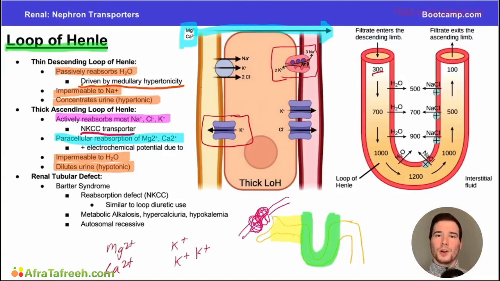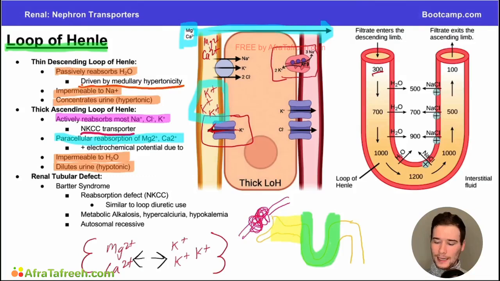So the same principles are occurring here, right? If we have a bunch of potassium with a bunch of magnesium and calcium over here, these are a bunch of positively charged ions. What are they going to do? They're going to push each other away. They're going to repel each other, just as two positive magnets would. So taking advantage of this principle explains how we're able to have this concept of paracellular transport. Potassium is pumped out into the lumen right here, where the magnesium and calcium is, and that repulsion of the positive charges is what pushes the magnesium and the calcium paracellularly, or between the cells,